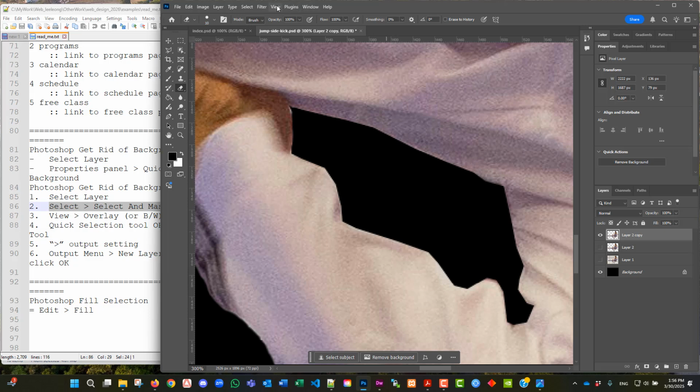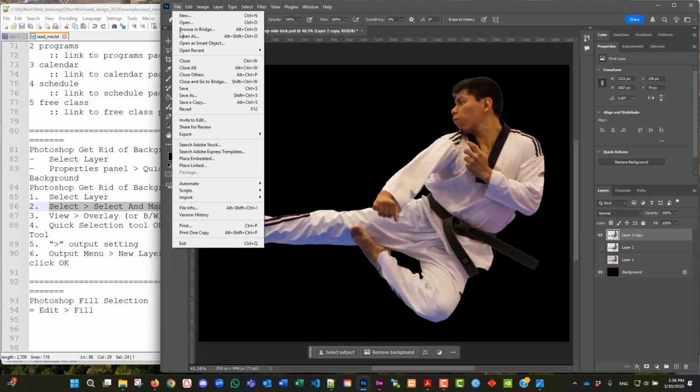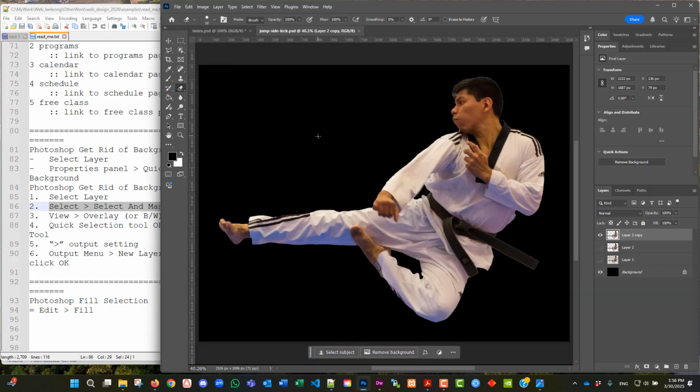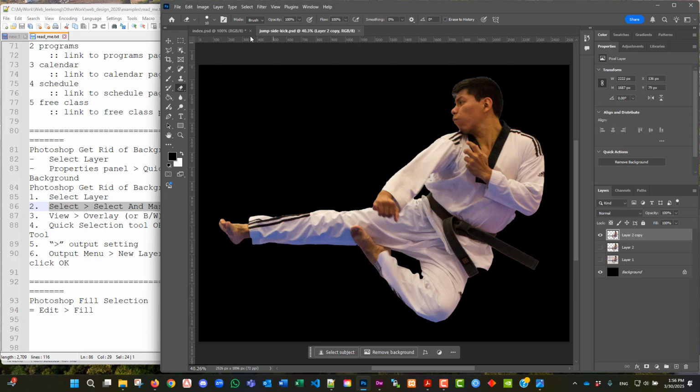So let's do a view fit on screen and do a file save. Okay. So that is good. And we finished the cake. Okay, that's fantastic. So I'm going to do a file save. Yeah, I did. And then I'm going to